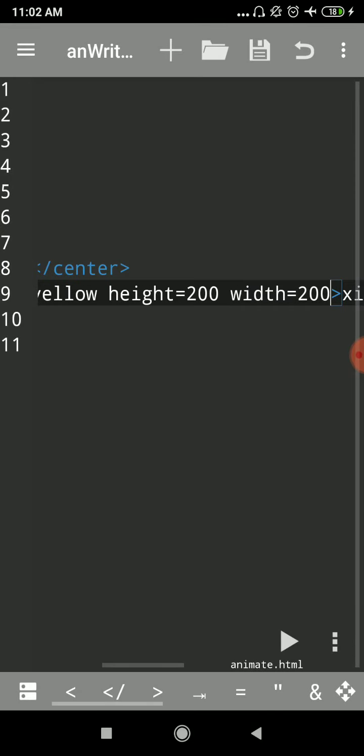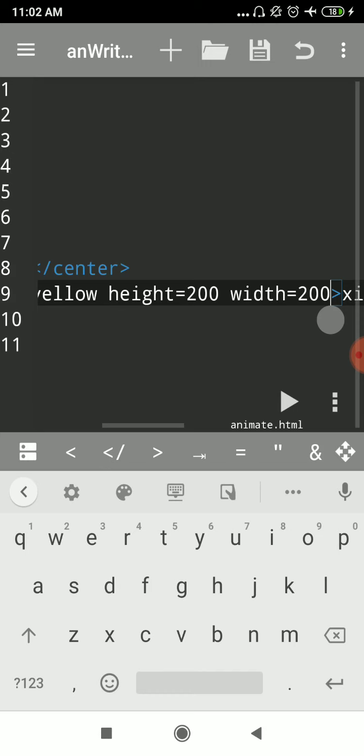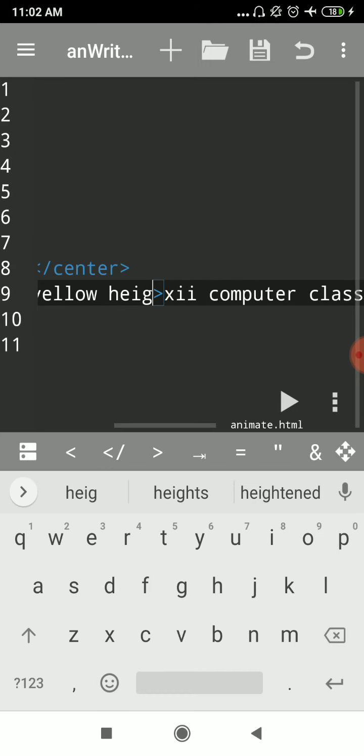Okay, so height and width increase or decrease the size of the rectangle box. Now, the third property: you can also animate images in the coding.